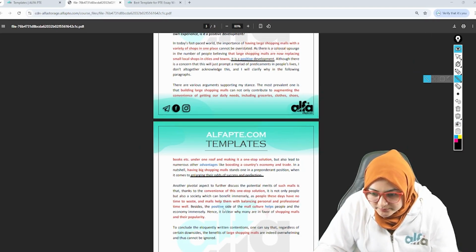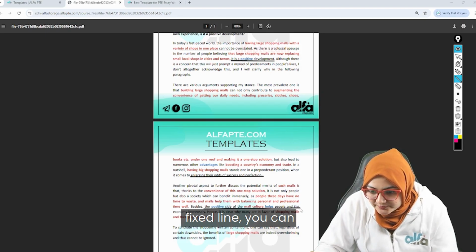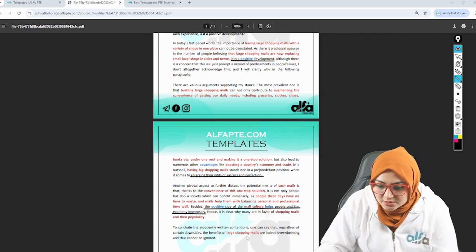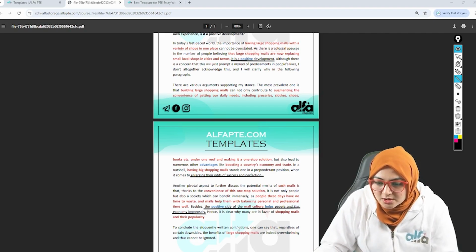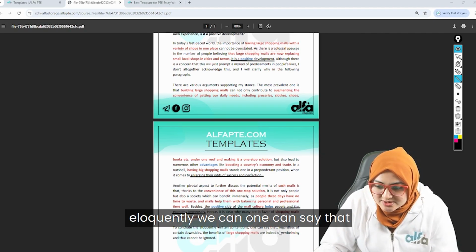this besides this part, after besides, instead of writing this fixed line, you can write one more topic that you want. After this, again, to conclude eloquently, one can say that